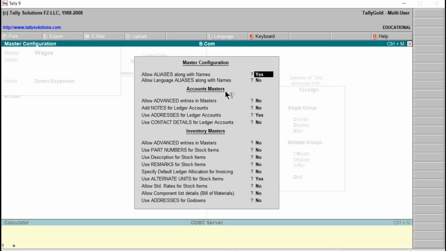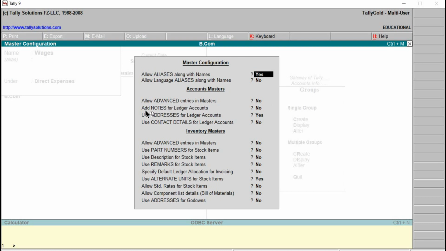Coming to the accounts master, the first one is allow advanced entries in masters. Default is no. This can be set yes. When this is done yes, Tally allows the user to enter some advanced information. This will be reflected in reports.